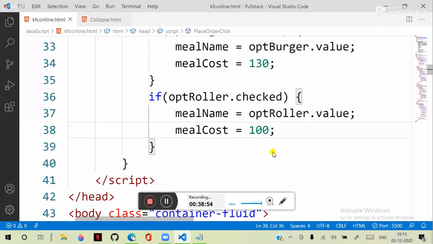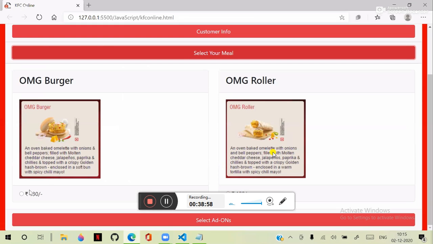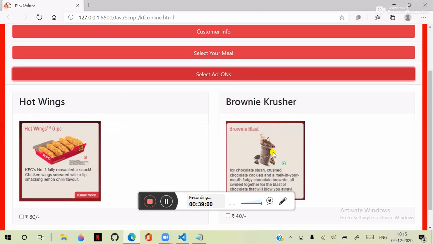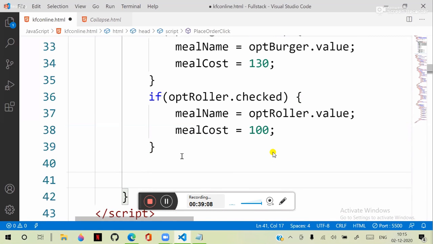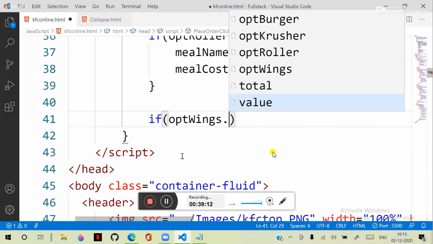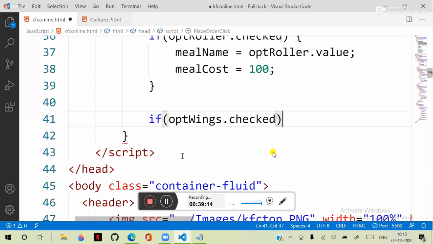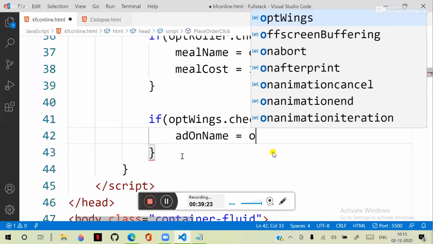So that means depending on their cost, here I am writing them 100 and 130. That is the meal cost. Similarly, add-ons also. Now here we are defining, this is radios, verifying radios. The user can select; if OPT wings dot checked, if he selected wings, then add-on name is equal to OPT wings